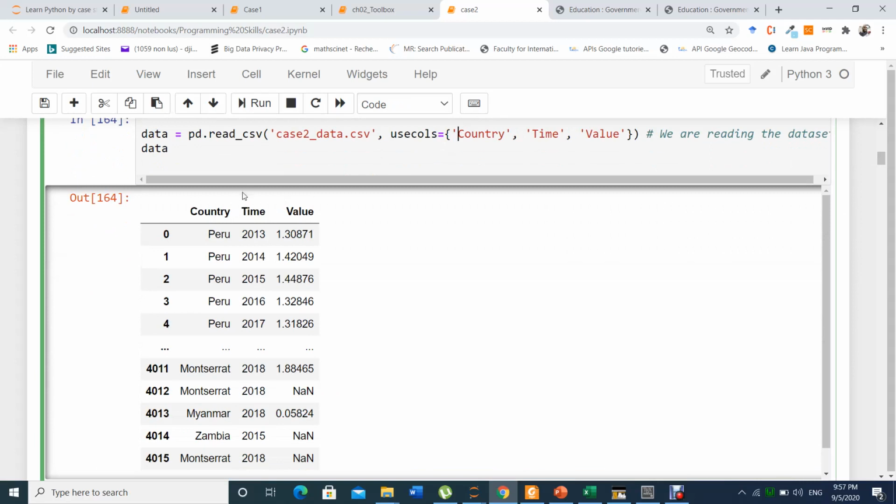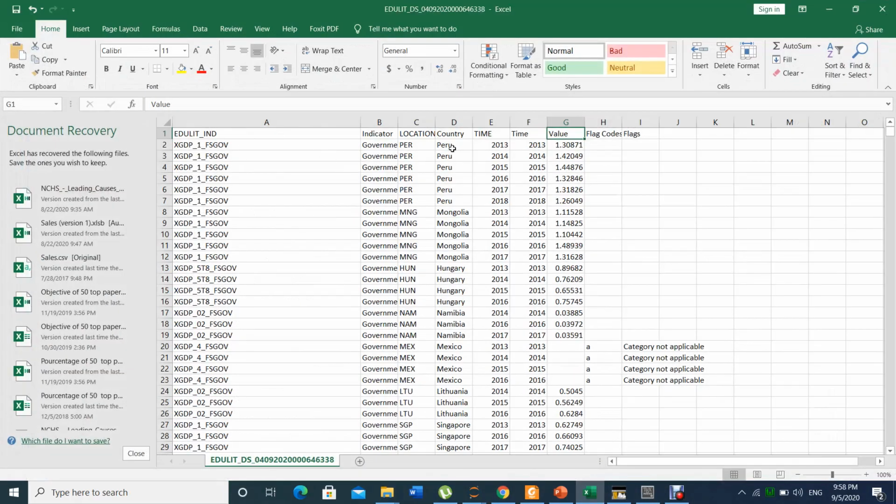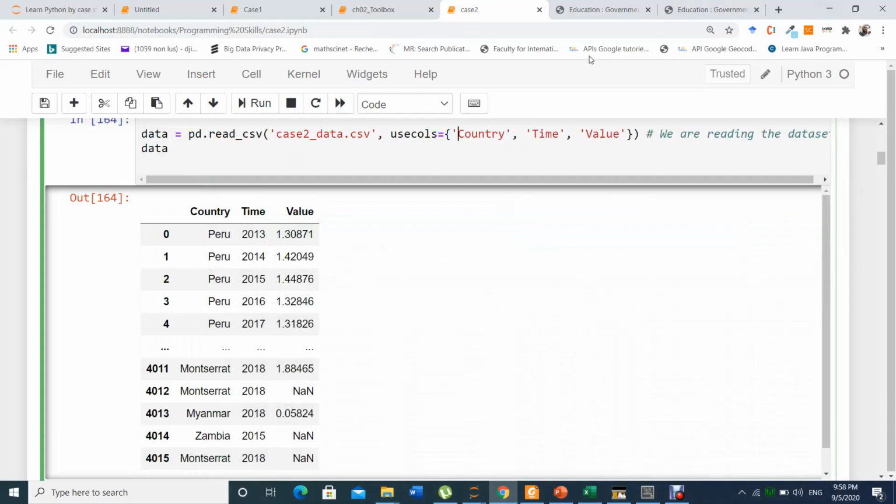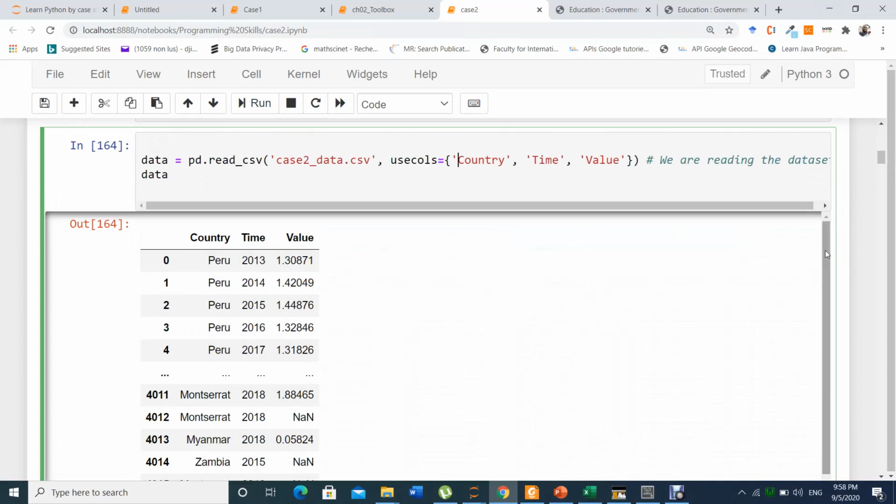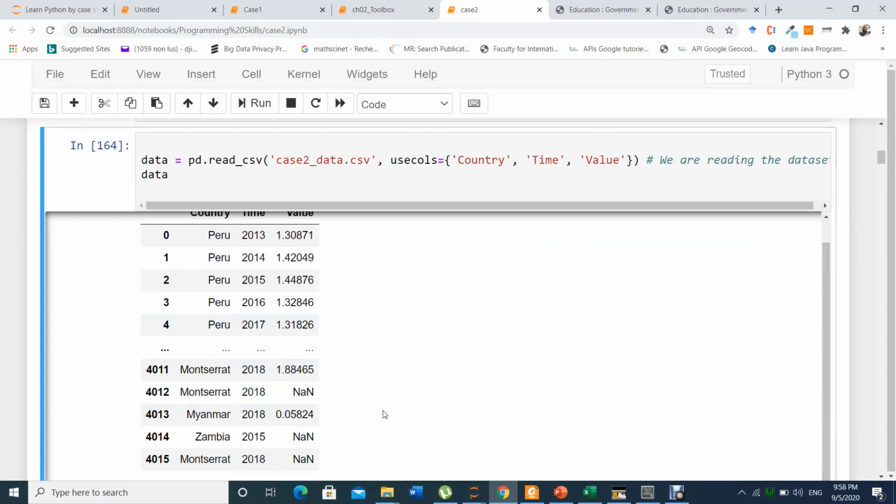So we say we want to focus on these 3 columns, and it gives us 3 columns: the country name, the year, and the value, because this is the objective of the analysis. You also see that some data you can collect sometimes has no information, and if there's no information, Python will consider it as a non-value.